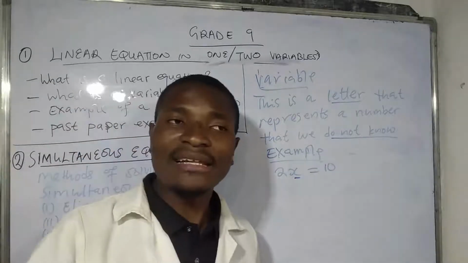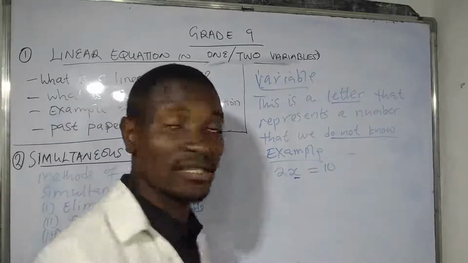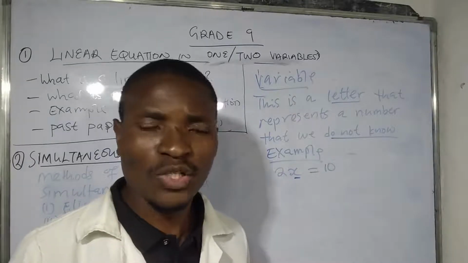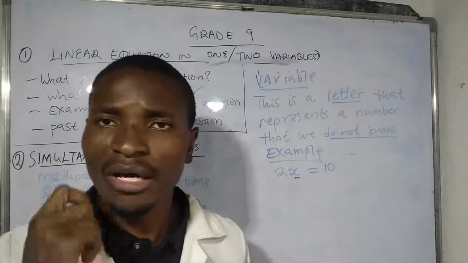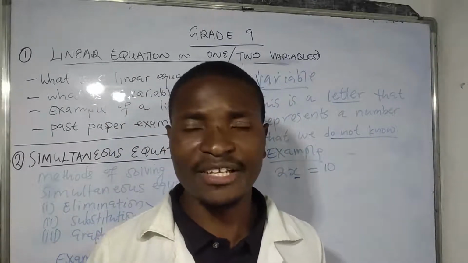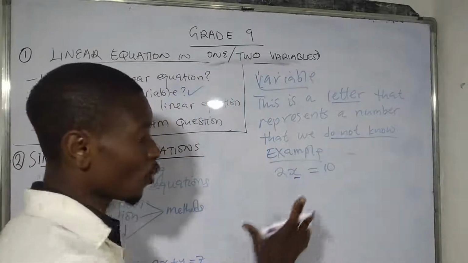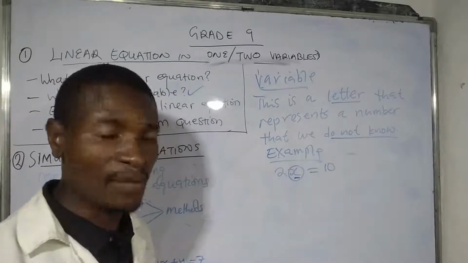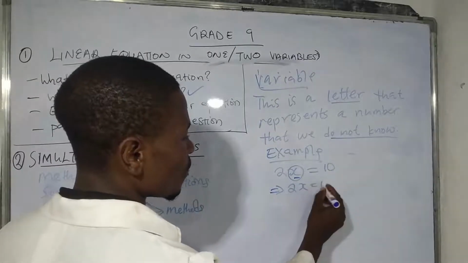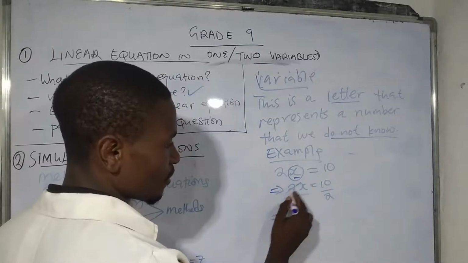It is only after we solve the equation that we can know the exact value of x, or what number represents x. So please understand that a variable is just a letter that represents a number that we do not know. If I want to solve this equation and find the exact number that represents x, then I'll just divide 2x equals 10 by 2 on both sides. So this is going to be 2 goes to